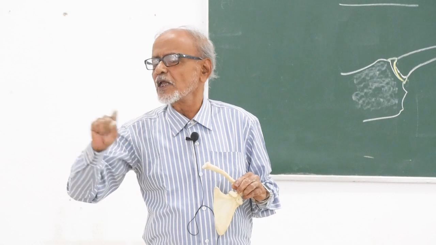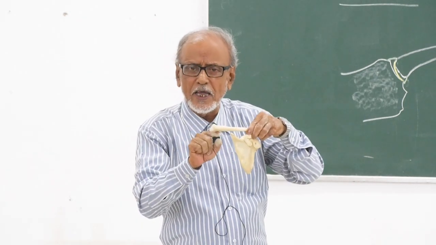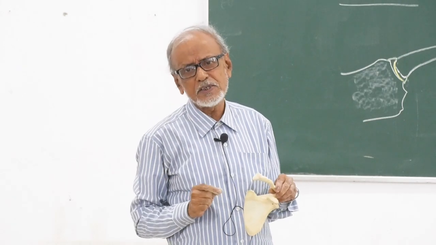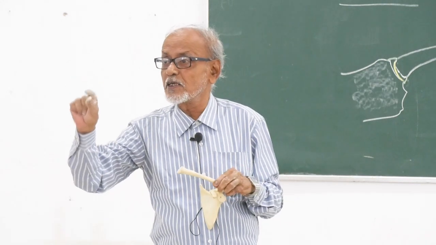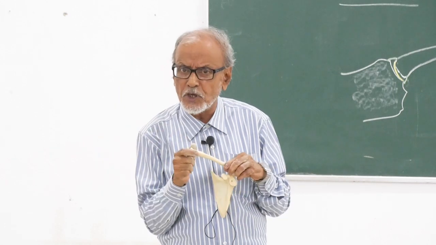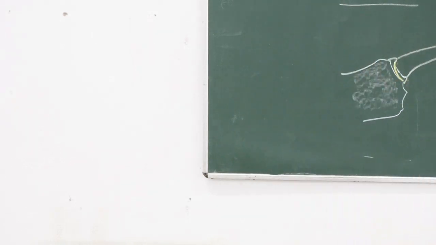Costoclavicular ligament. It is between the sternal end of the clavicle and the underlying first costal cartilage. ঠিক আছে, স্টার্নামের সঙ্গে নয়, কিন্তু ফার্স্ট কস্টাল কার্টিলেজের সঙ্গে ওই যে লিগামেন্টটা জুড়ে আছে, ওটার প্রচুর ইম্পর্টেন্স আছে ইন প্রোভাইডিং স্টেবিলিটি টু দ্য স্টার্নোক্ল্যাভিকুলার জয়েন্ট। কাজেই কস্টোক্ল্যাভিকুলার লিগামেন্টের নাম মনে রাখতে হবে।